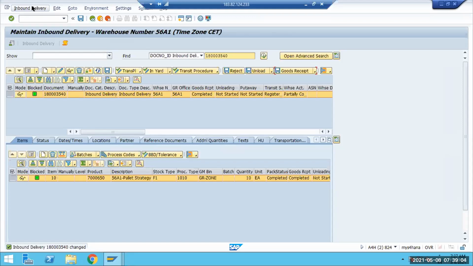I think there also you can group it, based on the storage type and storage type group. But remember, for interim there is no group. Only for picking and putaway you have the option of grouping for source and destination, not from the point of view of the interim bin.